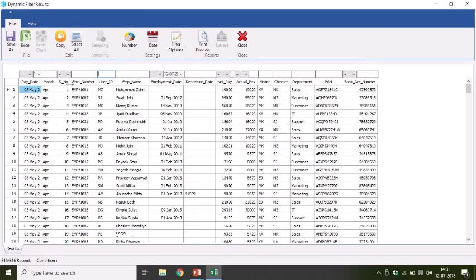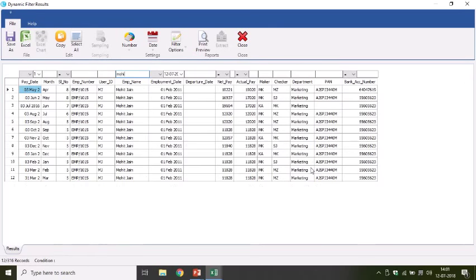Not only that, I can do multiple different filters where I can say I want to pick up, let's say, a person who is, let's say, Mohit. So I get the complete details of Mohit. Okay, not only that, I can also give a PAN number. Based on that, I can filter this one further. I can also say what is the number of